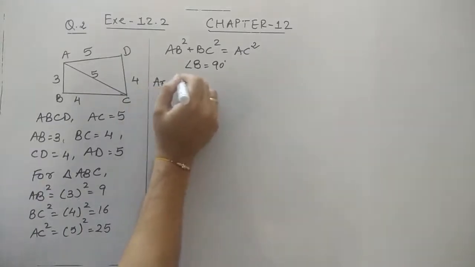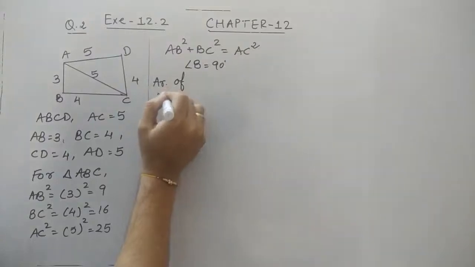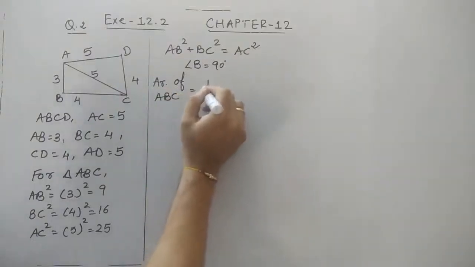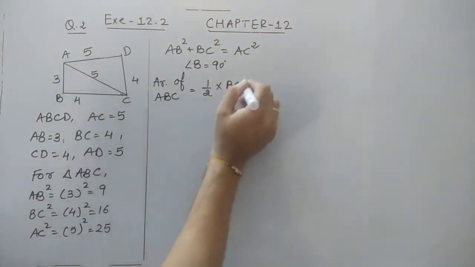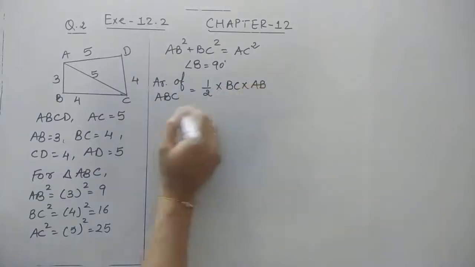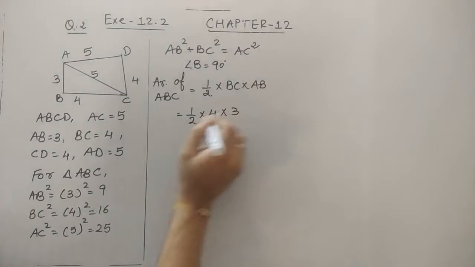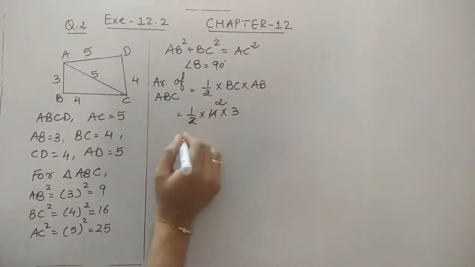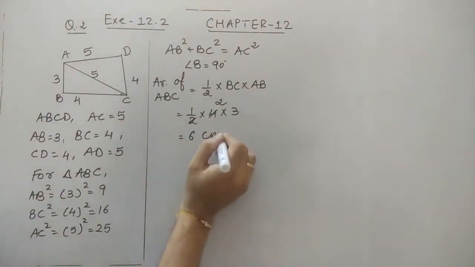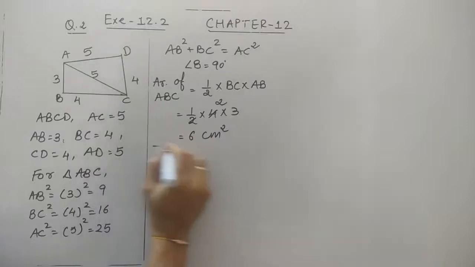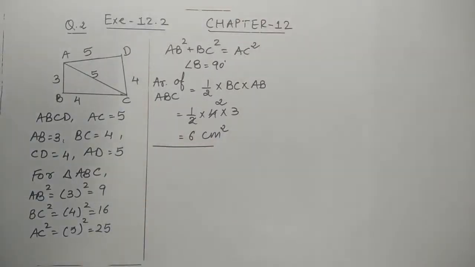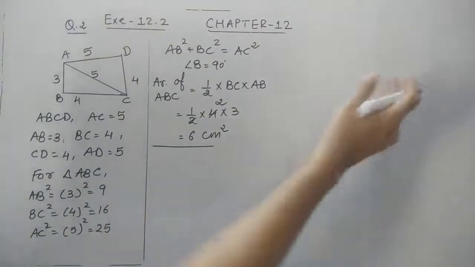तो एरिया ऑफ ट्राइंगल ABC, as it is a right angle triangle, so we can say half into base into height, that is half into 4 into 3. Now you can see it's so easy to find out the area in 2 steps. It's obtained 6 centimeter square. हमें एरिया ऑफ ट्राइंगल ABC मिल गया. अगर आप हेरोन्स फॉर्मूला करते तो यहां से शुरू करते, शायद इधर या इधर खत्म होता.